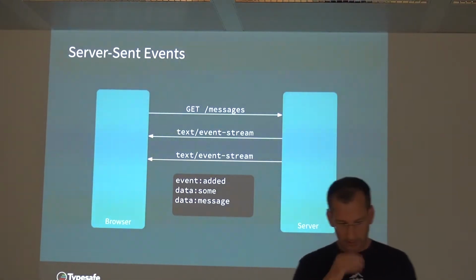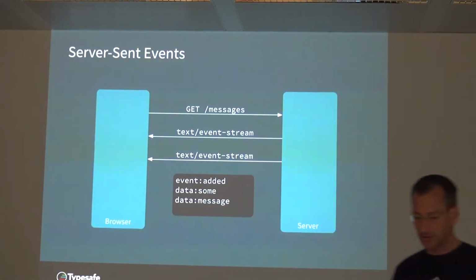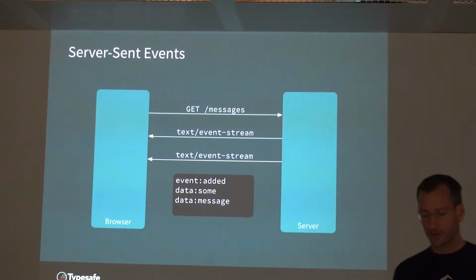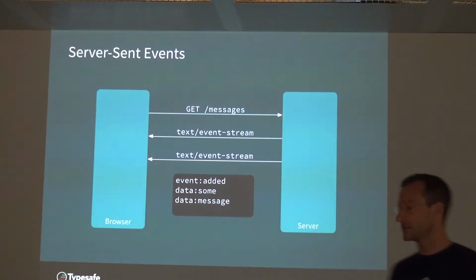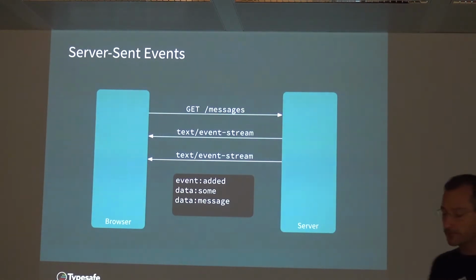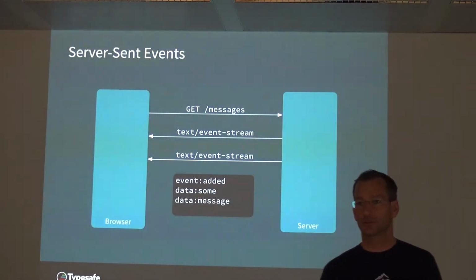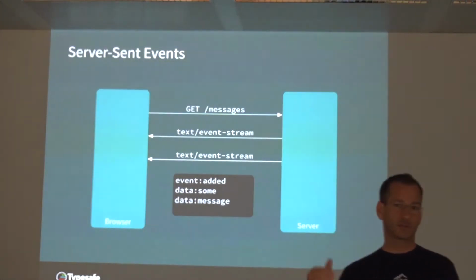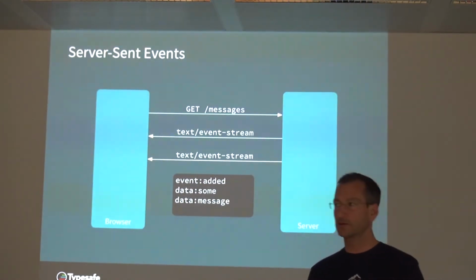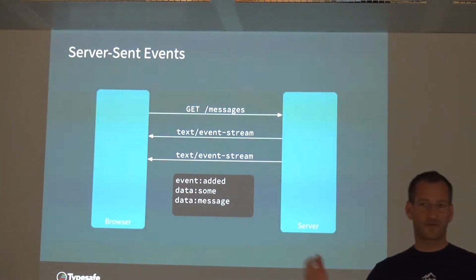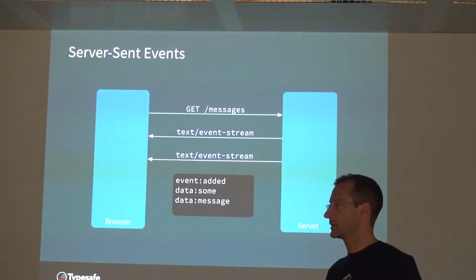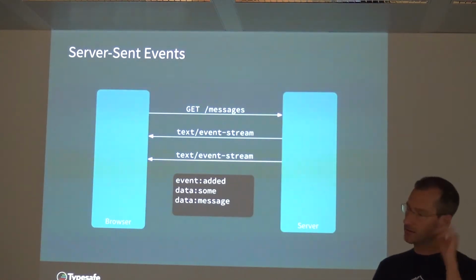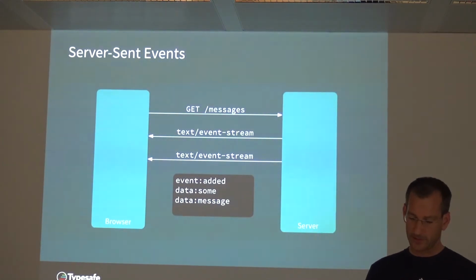So essentially, it looks like this. You just send a GET request, a normal GET request, and then the server will respond with a particular response. It has this media type, text/event-stream, and it is not closed. So the server just keeps it open, and whenever it wants to send a new event, it does it. If for some reason the connection goes down, the client will reconnect. And that's pretty sophisticated. It does that with an exponential backoff and stuff like that.